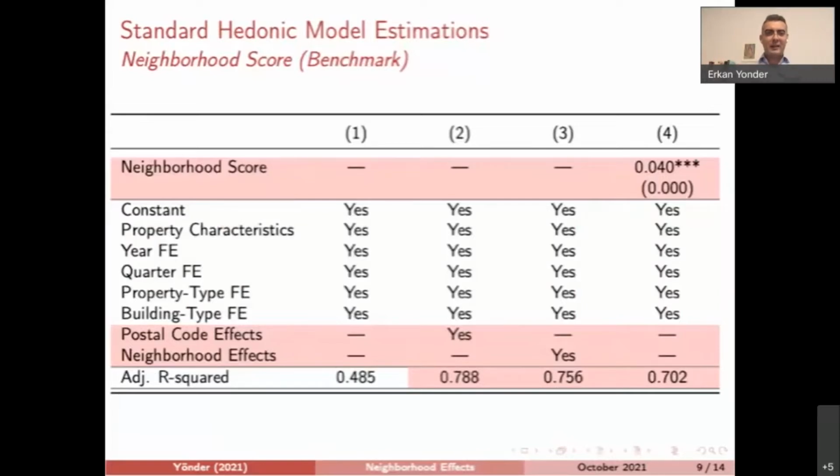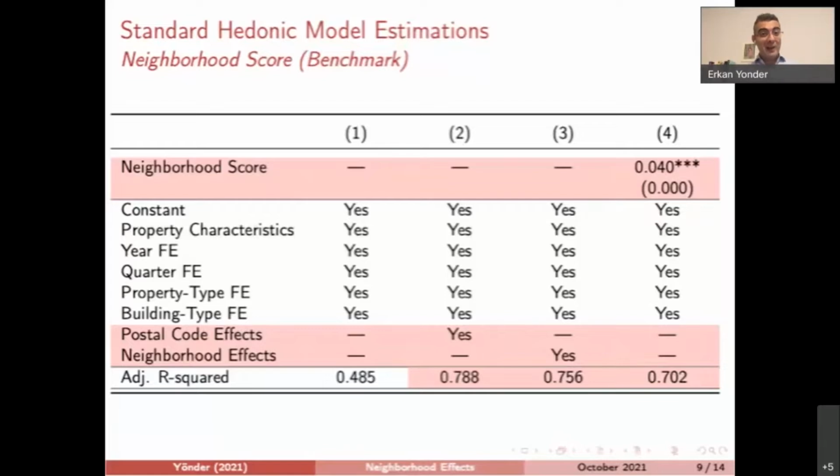It's just the property characteristics and time effects. We estimate the model, and we find that we can explain 48% of the variation here. When we add postal codes, like one variable indicator for this zip code and that zip code, this goes up to 79%. If you drop the postal codes, but just use the neighborhood predictors that we show here, actually it's very close. We go up to 76%. And it's around 100 neighborhood indicators.